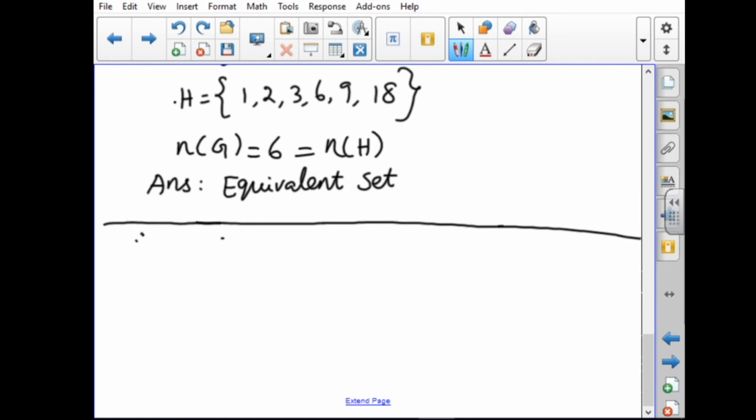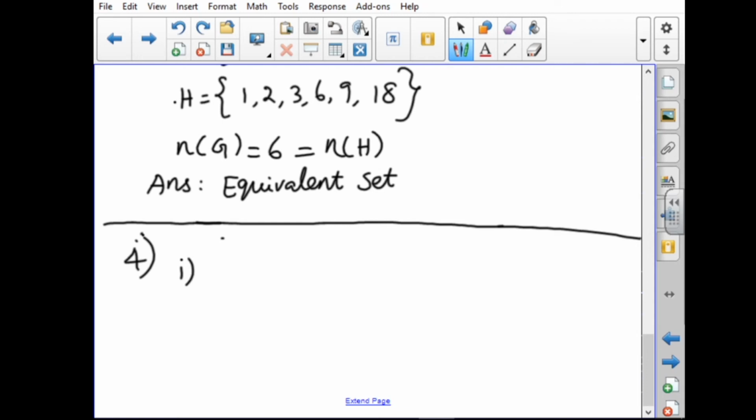Then next one, question number 4. Identify the following sets as null set or singleton set. We know that null set means it is an empty set and singleton set means it has only one element. Okay. So first one,